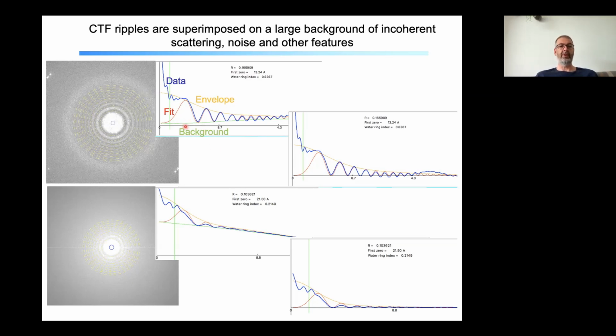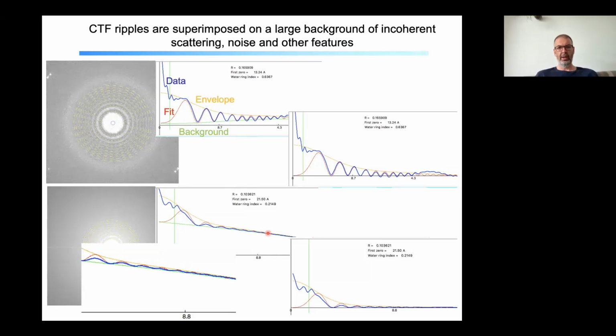So lots of software allows you to define the envelope and subtract the background, which can make it easier to see, particularly your contrast reversals at higher spatial frequencies. If I just zoom in here, you can still see out at fairly high spatial frequencies,